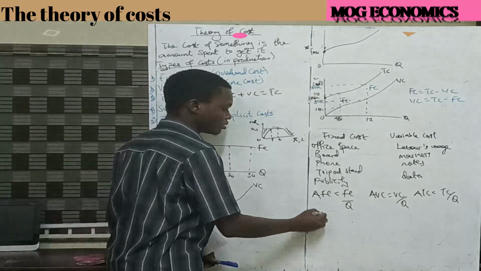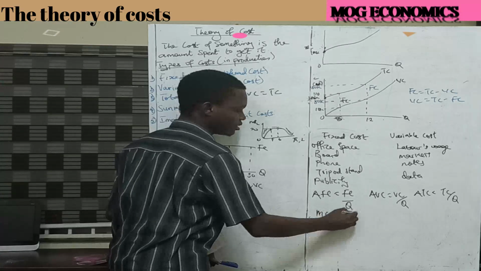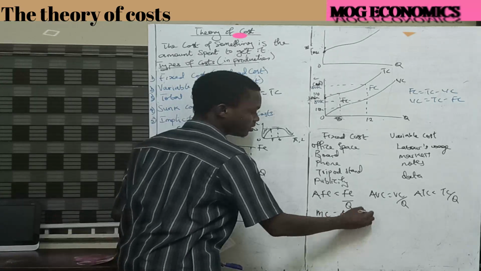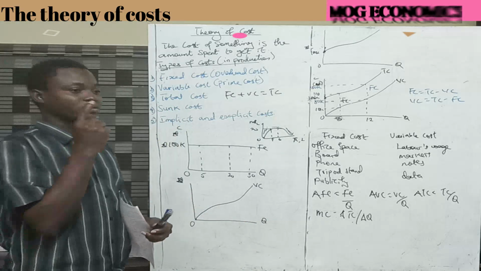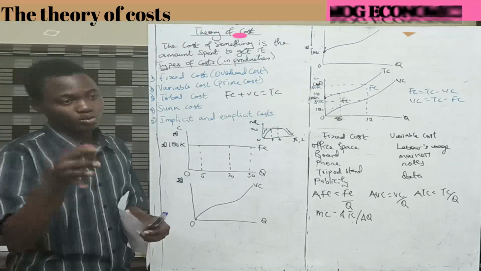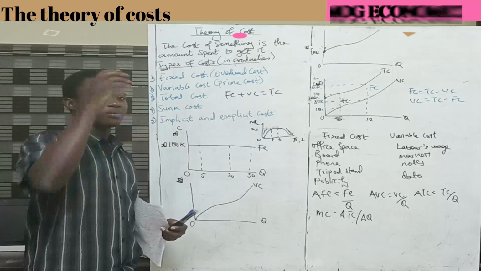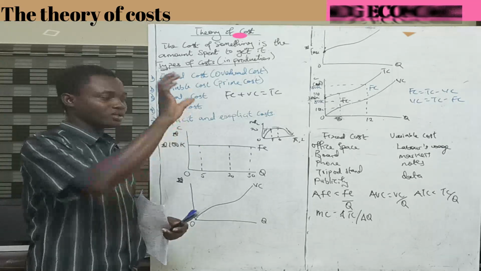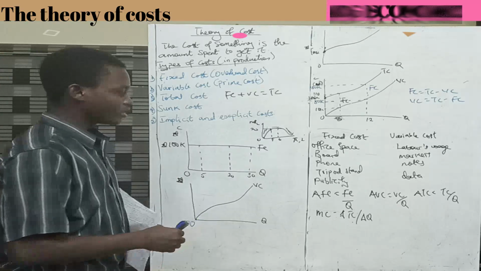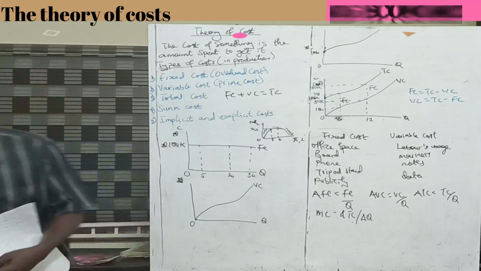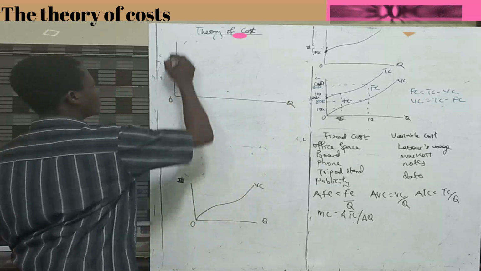Then you have the marginal cost. Your marginal cost is the change in total cost from a unit change in quantity produced. So output is increasing from 1 to 2, so 2 minus 1 is a unit change. What happens to your total cost there? When you take the change in TC over the change in Q, you get your MC. Now they also have a graphical relationship.